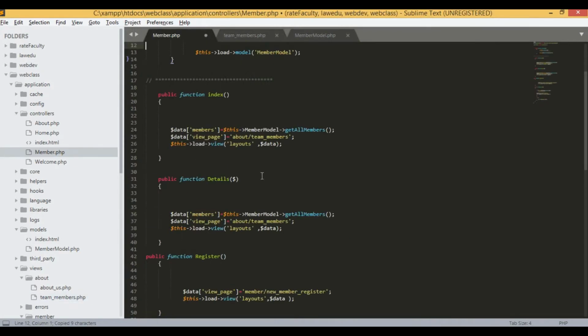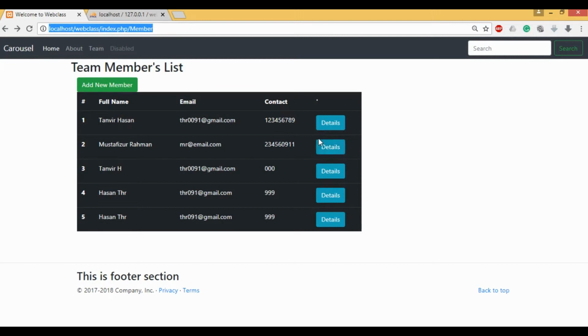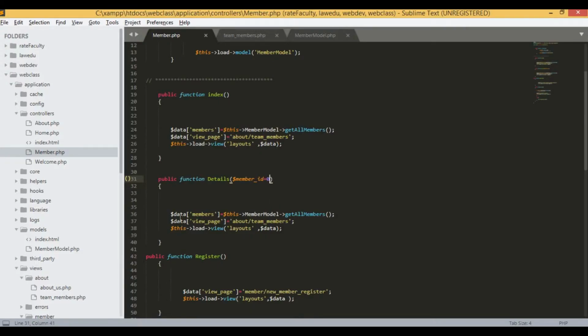Just write this ID name, member ID. Member ID is equal to, by default it will be 0. If there is nothing, it will be 0. Otherwise, the ID will be the ID that the user clicked here. And we need to check this. Just writing a variable, and then we will go to the member model, and